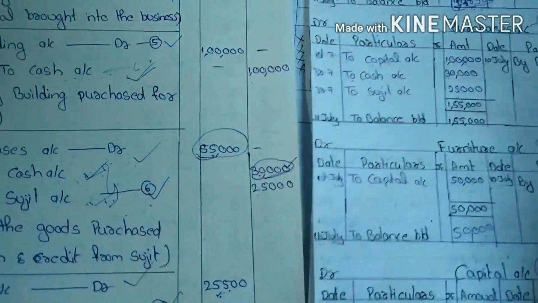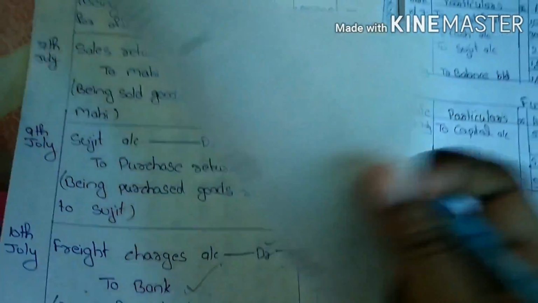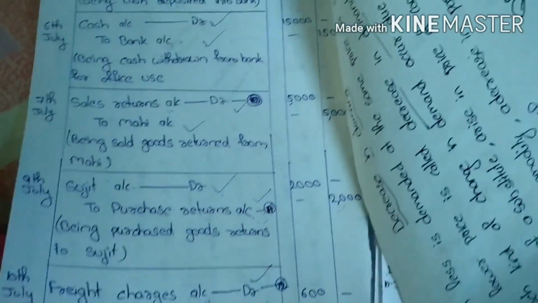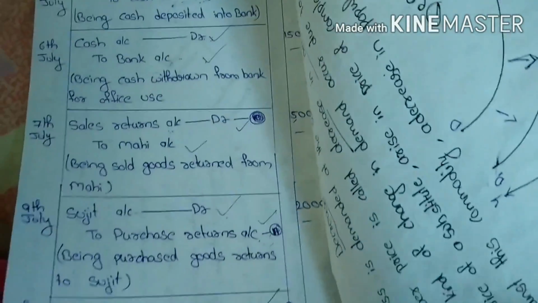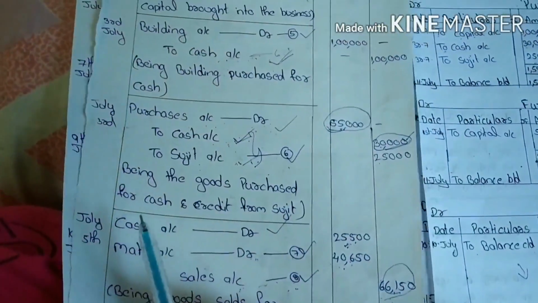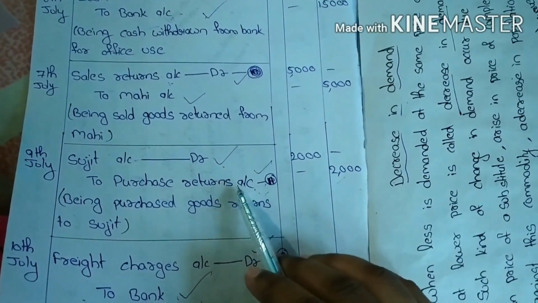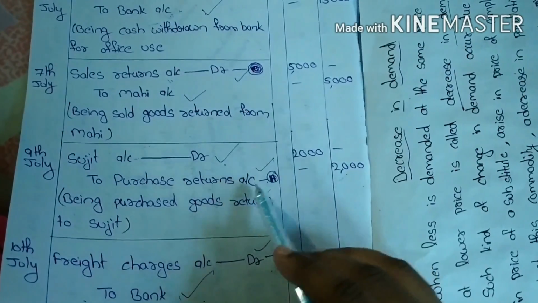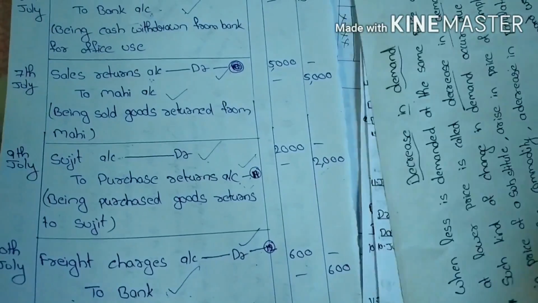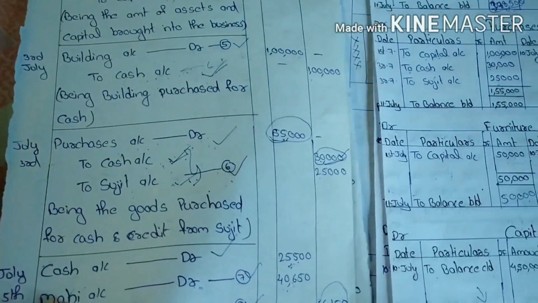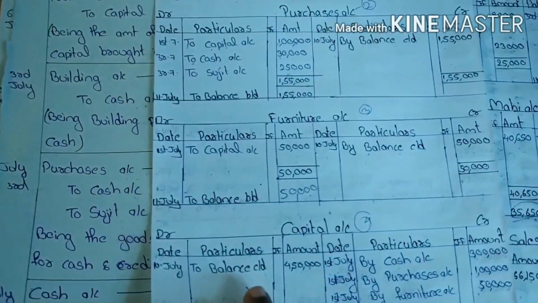Okay. Next one. So there are no cash purchases here, and here also there are no cash or credit purchases. Okay, no more credit and cash purchases. Here there is a purchase returns account. So the purchase return should not be involved in purchase. The separate account should be opened for purchase returns account, because the purchases and purchase returns both are not same. They are separated. Okay. So there are no more cash and credit purchases.